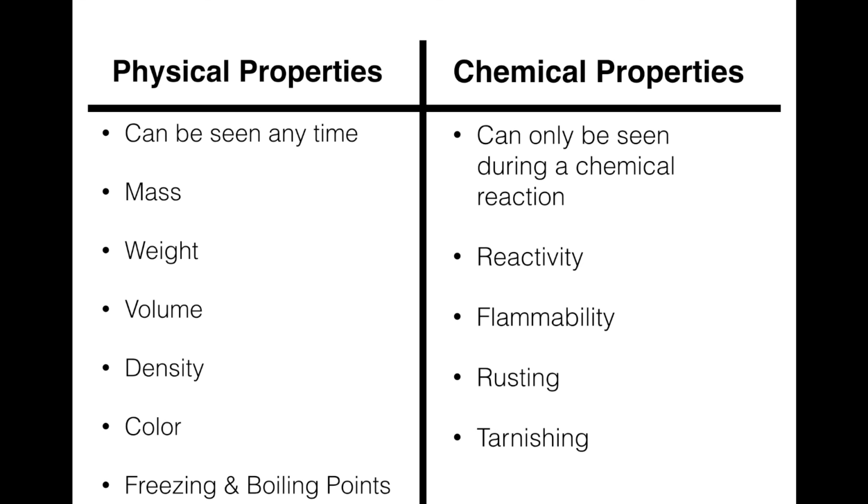So there you go. That's your lesson on chemical properties. Remember, chemical properties we only observe during chemical reactions. Things like rusting and tarnishing are examples. And we can compare them with physical properties, which can be seen at any time. Those are pretty much the easy ones we most know about substances. In our next lesson, we will talk about substances and mixtures and compounds and elements and things like that.